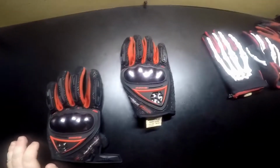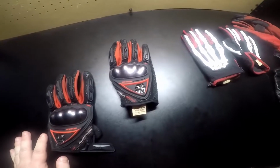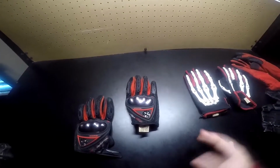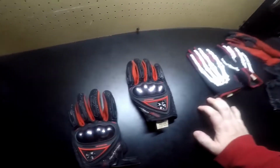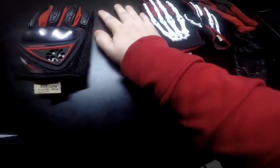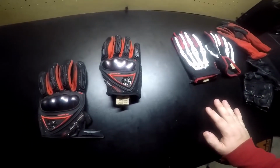Now, like I said, the reason why you want to wear gloves is because you don't want to mess up your hands. You do not want to get road rash. Your buddy Mad Fox 13, I had road rash on my right hand. If you go back to part 2 of motorcycle riding gear, I tell you what happened and the reason why I had road rash from fishtailing my dad's motorcycle. And when I got dragged, this part right here was road rash from trying to grab onto anything, because at that time it was nighttime and I wasn't wearing my motorcycle gloves,